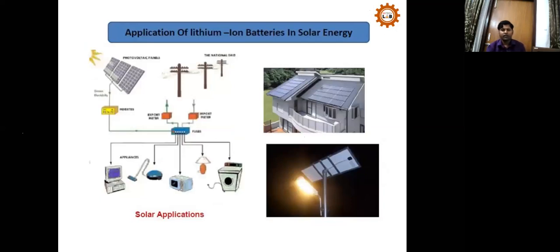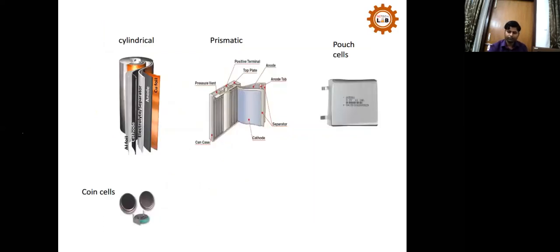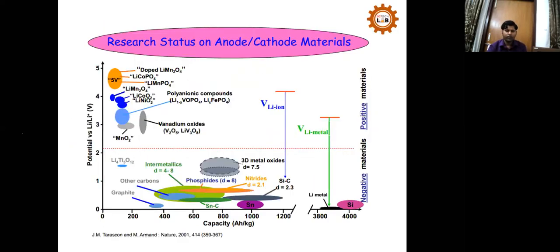And the other application we are talking about is in renewable energy systems. If we can use these batteries for storing, they will be used. So lithium ion batteries are still used a little bit less with renewable energy systems. More used is the lead acid battery with renewable energy systems. Then in batteries, I won't talk much about it.